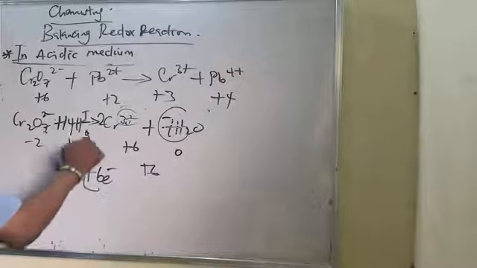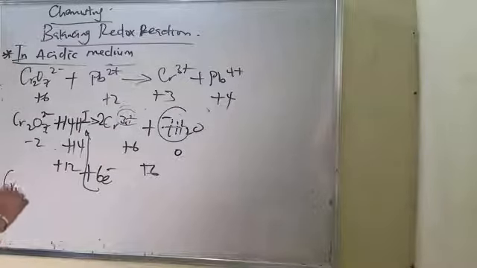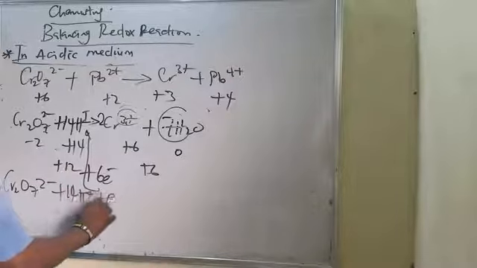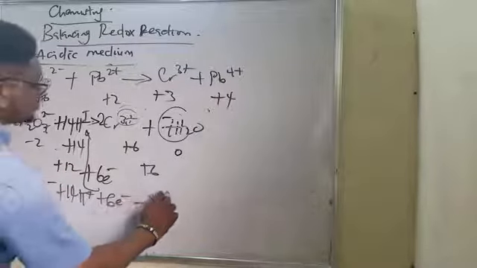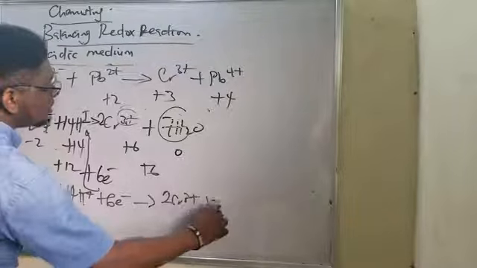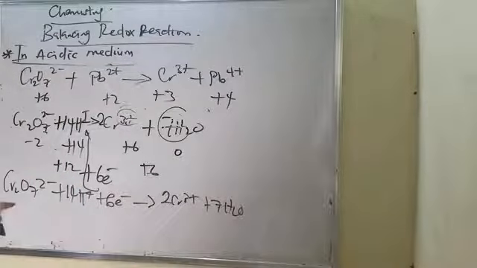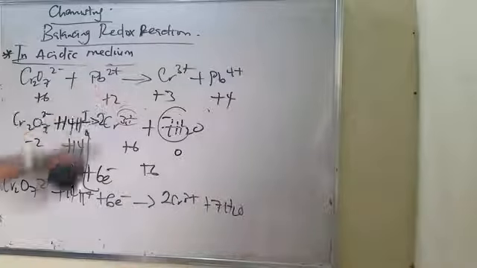which I will be adding to this. That will give me Cl2O7 2 minus plus 14H plus plus 6 electrons gives 2Cl3 plus 7H2O. Now that is my reduction half equation. For my oxidation half equation,